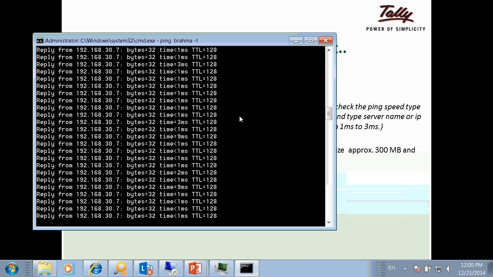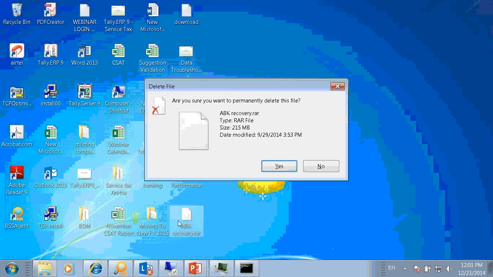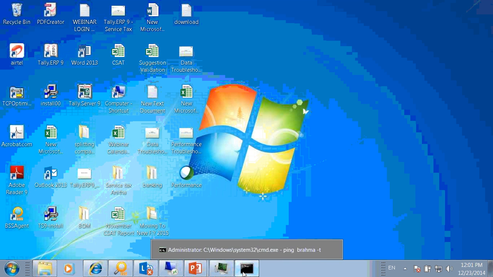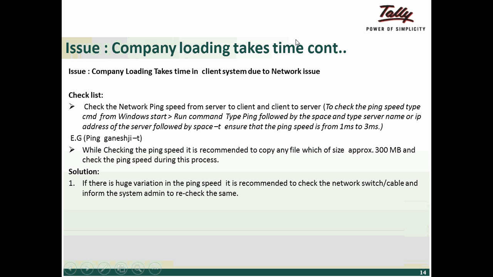Even when I am copying a file of 200 MB, there is no variation in the ping speed. There was a slight variation, but after that the copying was also faster. That means read and write are both fast on this particular network. If there is any huge variation in the ping speed, it is recommended to check the network switch and cable, and inform the system admin to